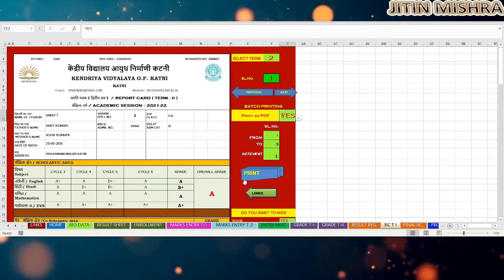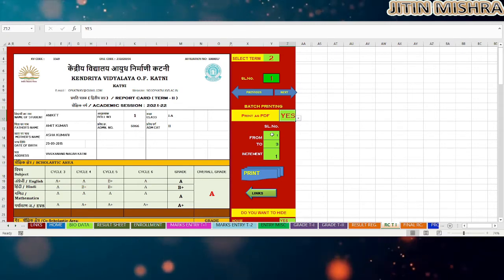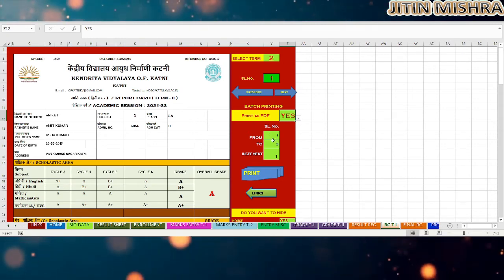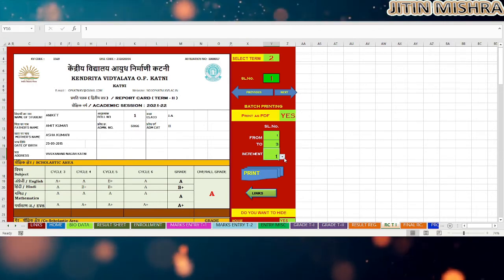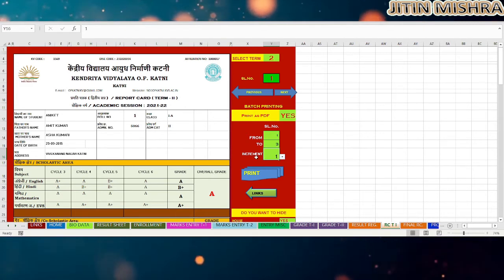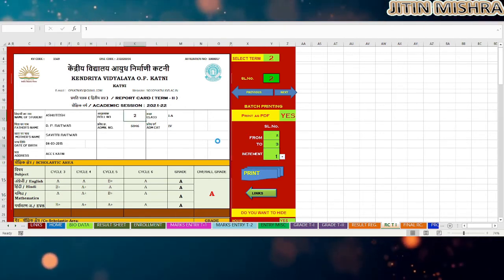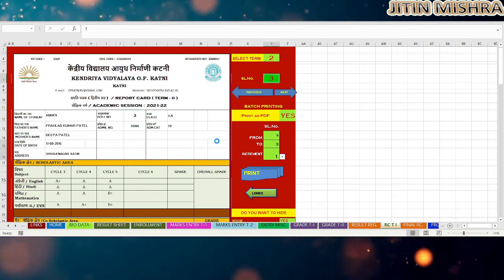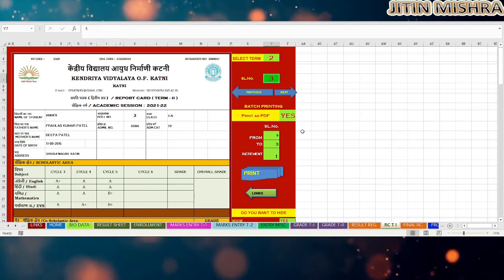You have to click on this button to prepare it. For example, I have to print a PDF from 1 to 3. Increment is used to get an odd and even sequence if you want it, otherwise 1 is the default setting. If you click on print, your report cards will be sent as a PDF.